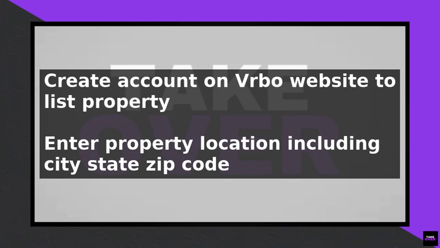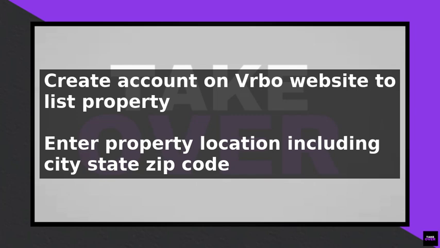To get started, go to the Vrbo website and click on the List Your Property button. You will be prompted to create an account or log in if you already have one. Once you are logged in, you will be taken to the property listing page where you can enter the details